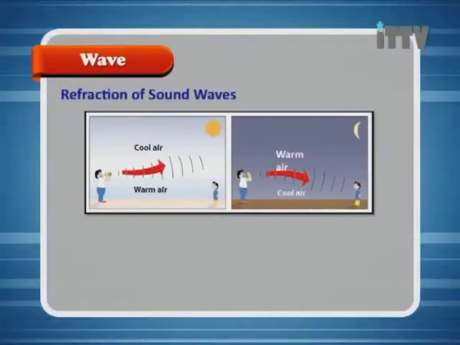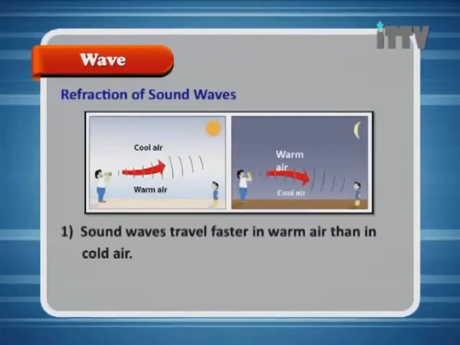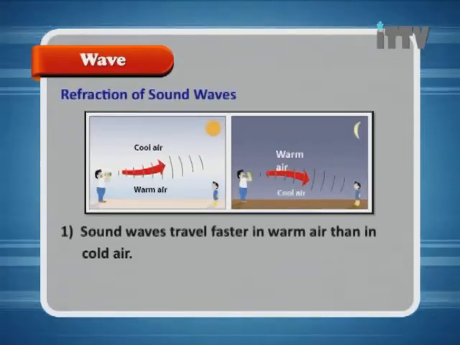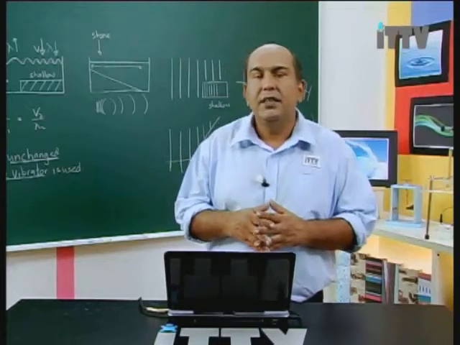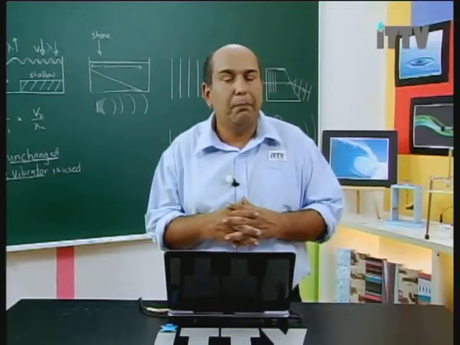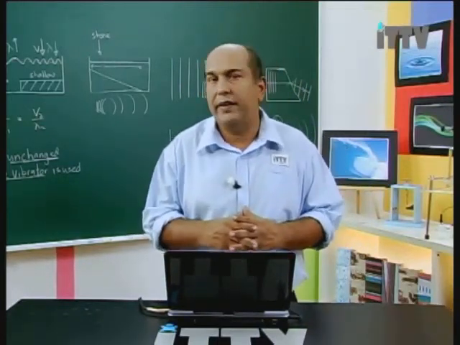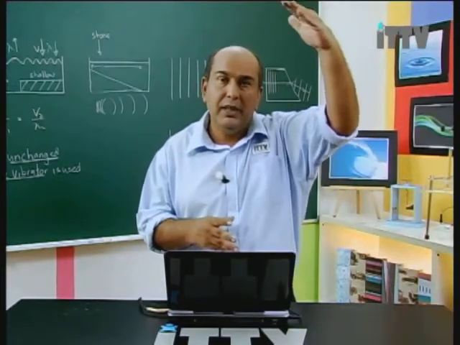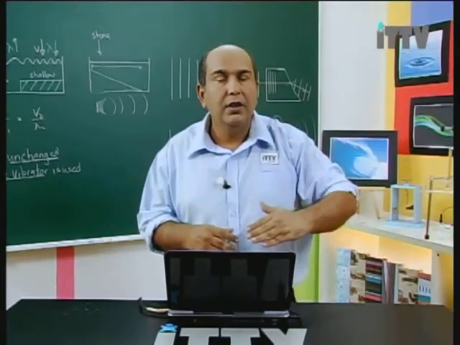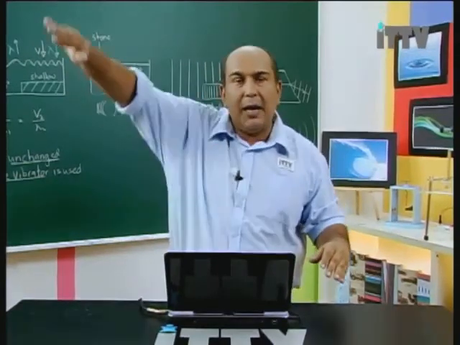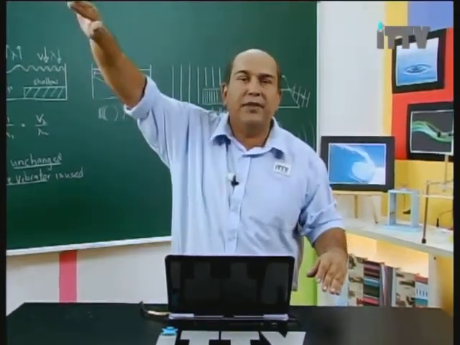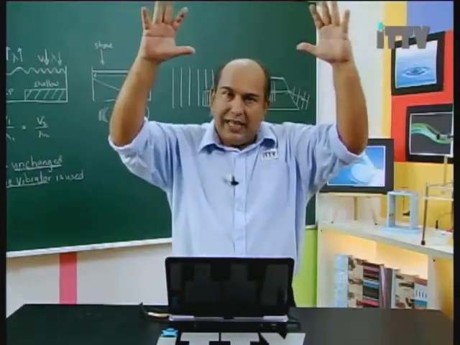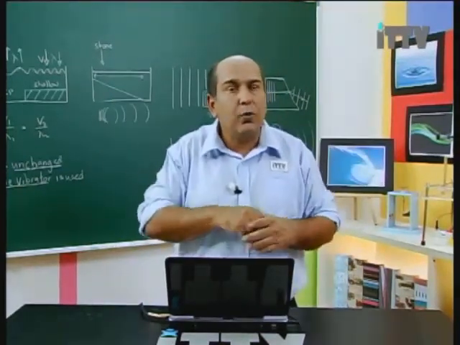Refraction of sound waves. Sound waves travel faster in warm air than in cold air. So the key here is sound waves will always bend towards where the cold air is. If the cold air is higher up and the warm air is lower down, your sound wave will bend upwards, away from the earth. If your cold air is down and the warm air is higher up, your sound wave will bend